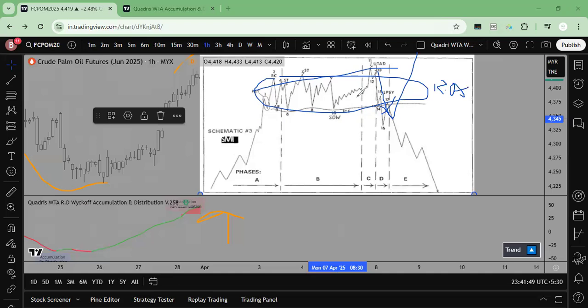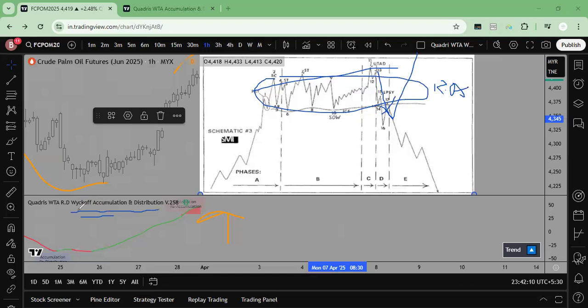If it is applicable, how can we make it applicable? If it is applicable, how should I apply it, or if it is not applicable, then how should I make it applicable? So based on these things, I have developed an indicator